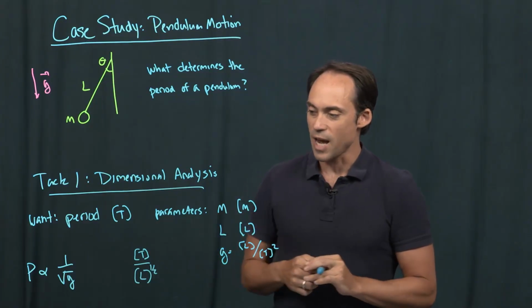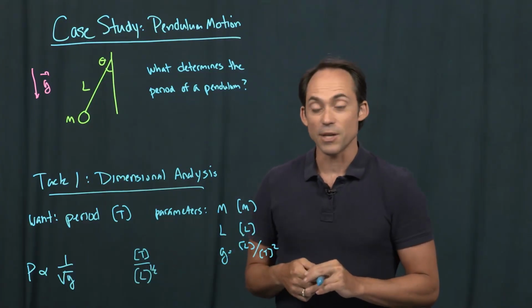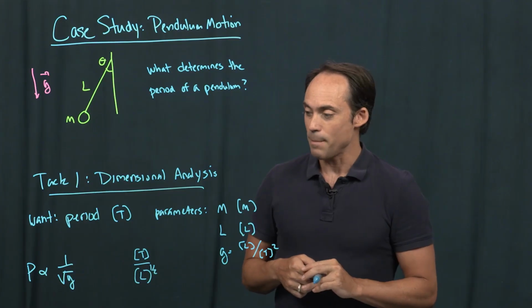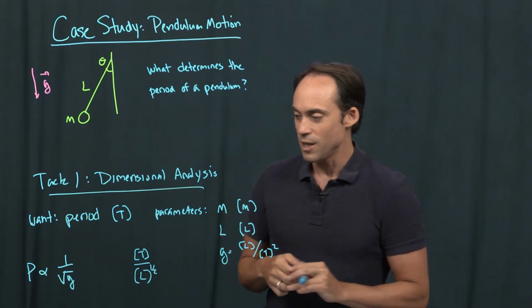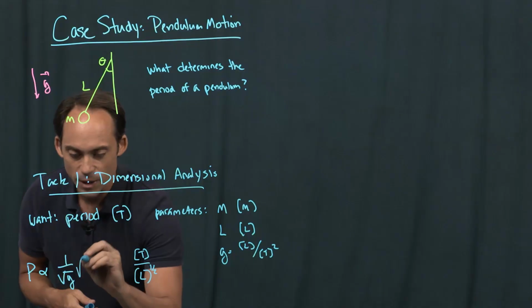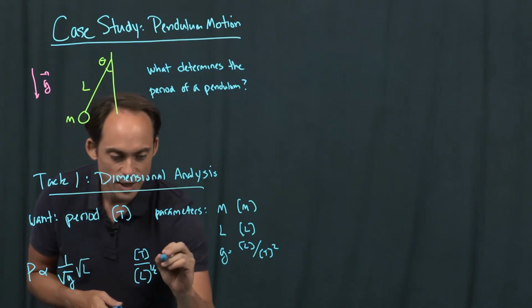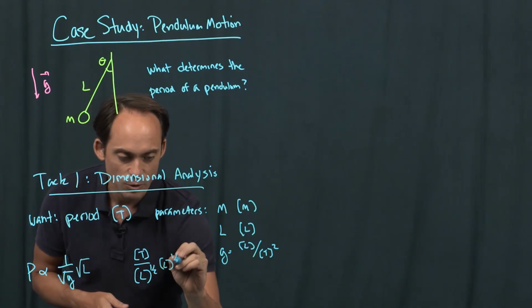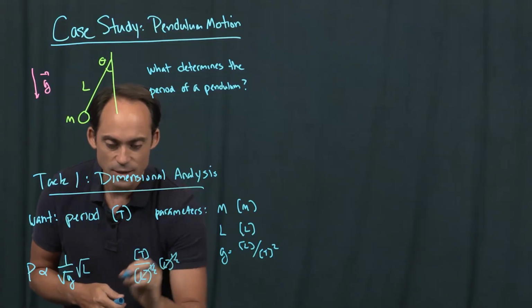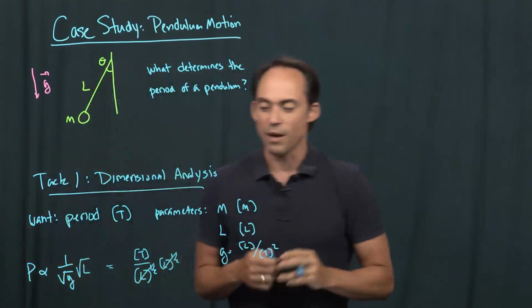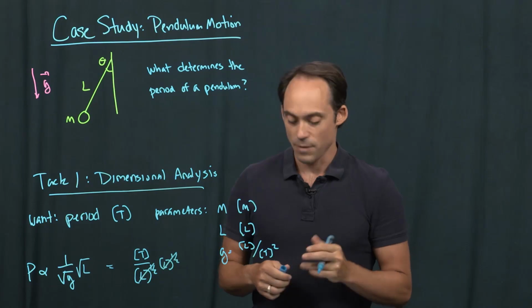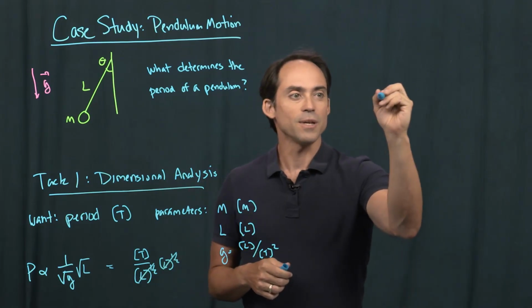So we've got our dimension of time okay, but we've got to get rid of this dimension of length, and we can do that by multiplying by the square root of the length of our pendulum bob. So that's going to give us dimensions of length to the 1/2, and those cancel out, and we end up with the right dimensions of time. So to our first estimate,